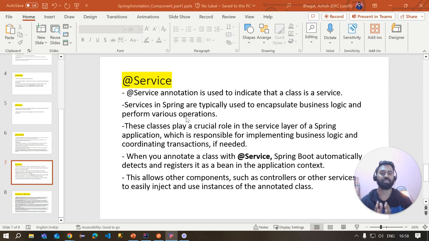This allows other components such as controllers and other services to easily inject and use an instance of the annotated class. So basically the @Service annotation is used to mark your Java class as a service layer. Next we are going to discuss